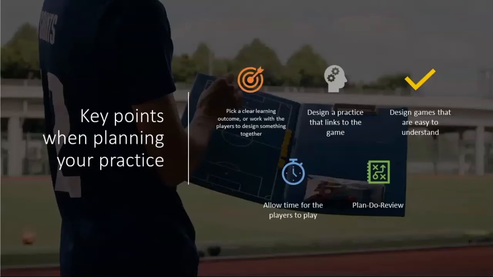But again, this is an awesome opportunity to be reflective about, well, what have you done previously? Do I step in too quickly? And how do I know that I've stepped in too quickly? Because maybe in the games, when you come and play on the match day, players are still making some of the same errors and they're relying on you. So I think it's about balancing that out and just having a play with it, because you're never going to get it right absolutely every time. There's a lot of sense making for a coach to do. I hope that helps answer your question, Joe.